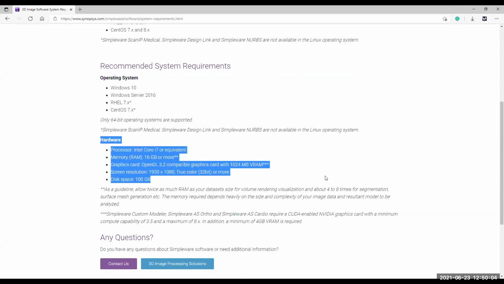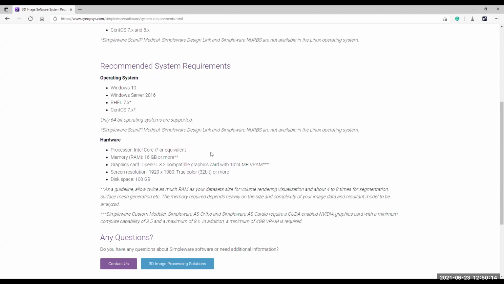Minimum 16 GB of RAM is required. Actually, this depends on what type of data set you are working with. For most CT and MRI scans, it's sufficient. But if you are going to generate a finite element model, then maybe more RAM would be required. That completely depends on the requirement.